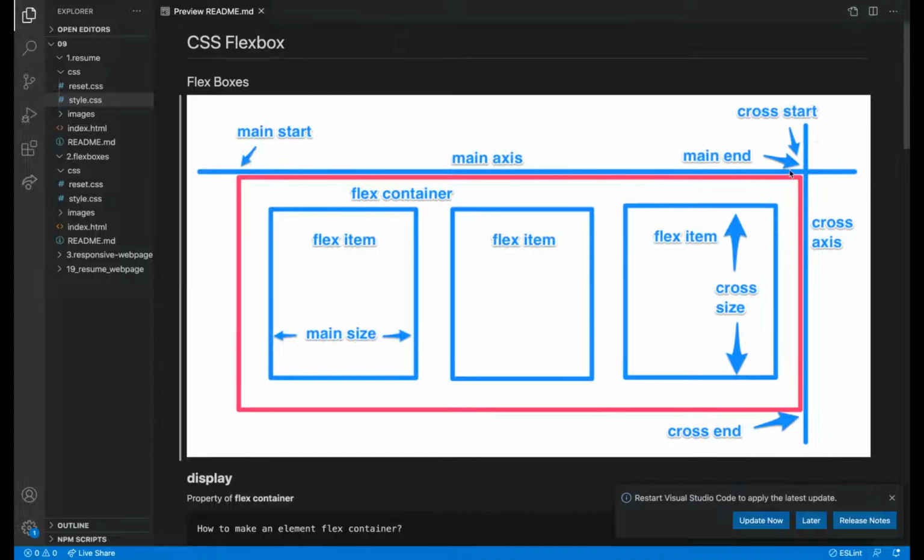Vertically, where the parent starts is cross start, and then cross end. These are the small technical terms. 6 things we have studied: flex container and flex item, main axis and cross axis. These 4 things are common terms, and this is just start and end. That's it.